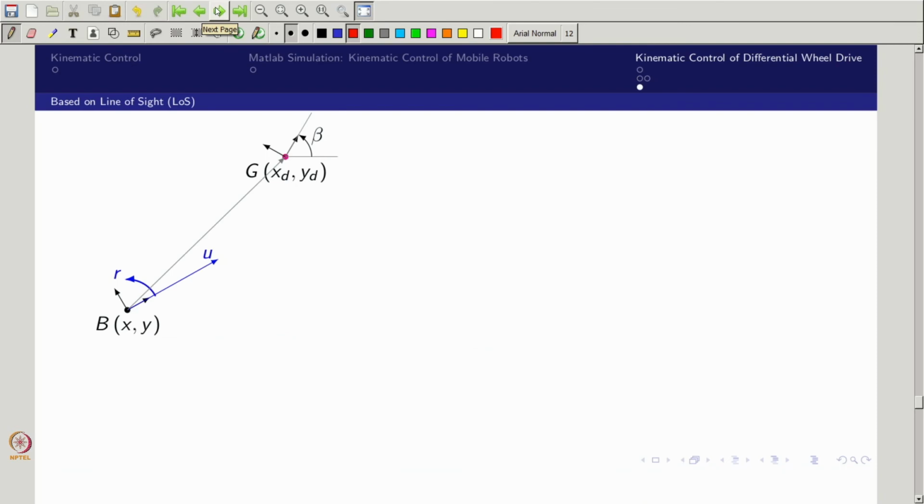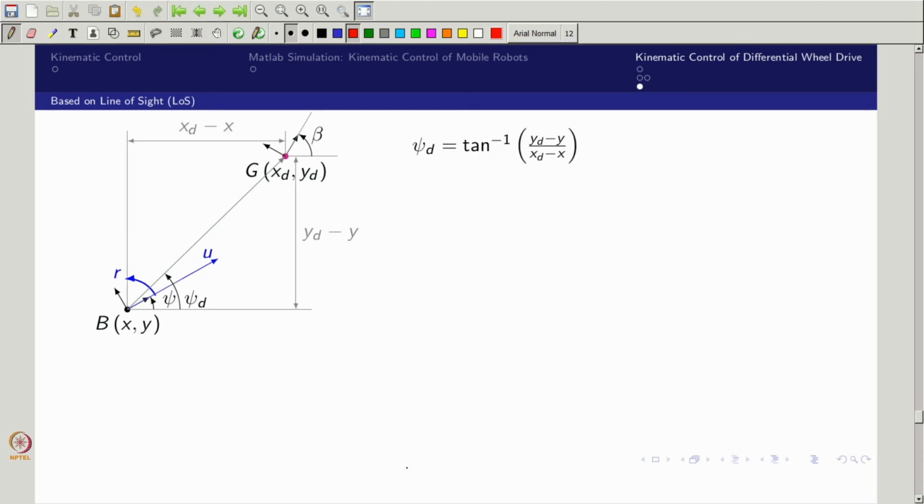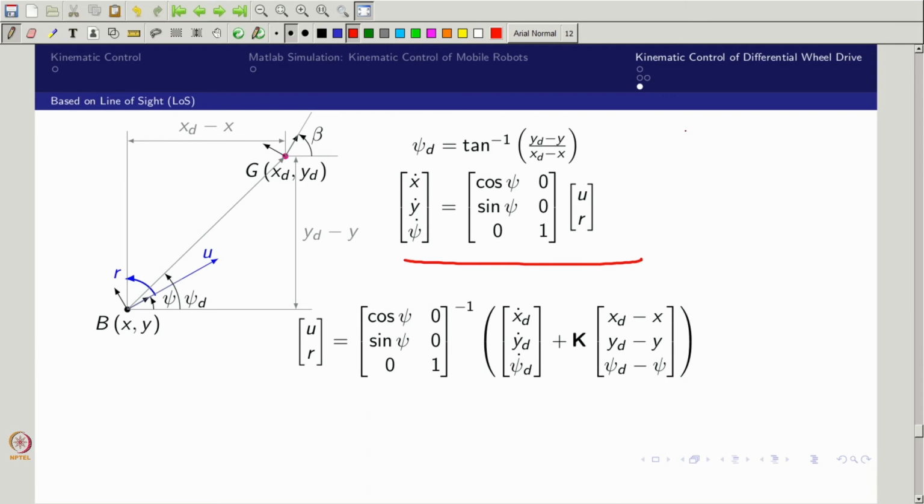You see that the same scenario we are trying to do, but the only thing is we are taking this as a line of sight angle and then trying to follow it. So this whole thing I am taking as psi desired. The psi desired I can obtain in this form, and then I can do it as it is. I am taking a simple kinematic control law, so zeta I can rewrite as J of psi inverse into eta dot desired plus k into eta tilde. The same thing I can do without any issue.